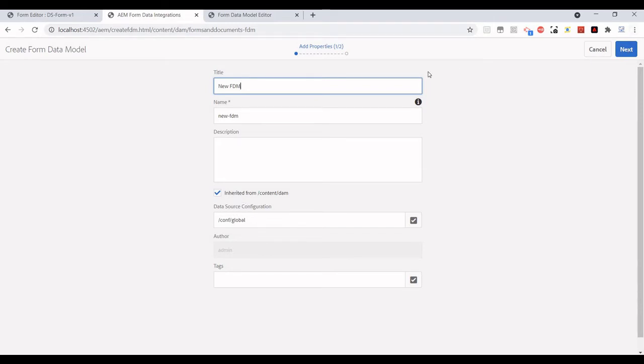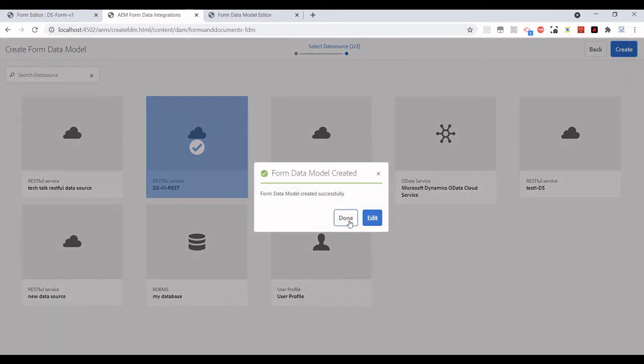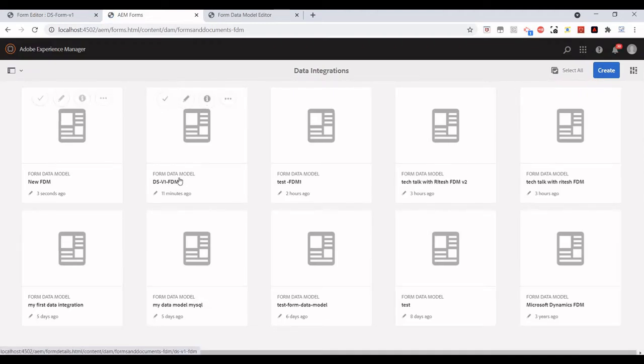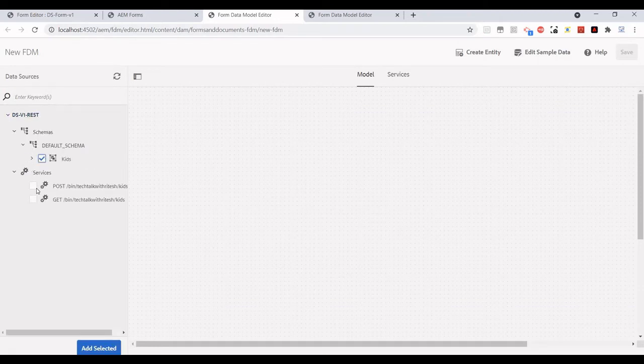The configuration is global, and I have selected this data source I created. The same way I have created this DS V1 FDM, and let me configure it so that you're on the same page. After that I have just added everything.